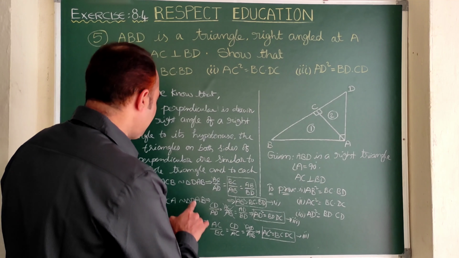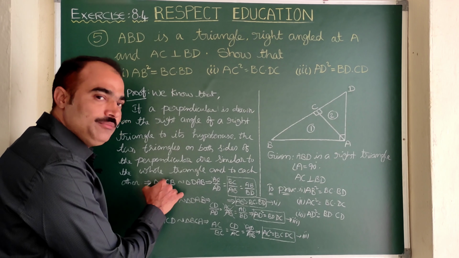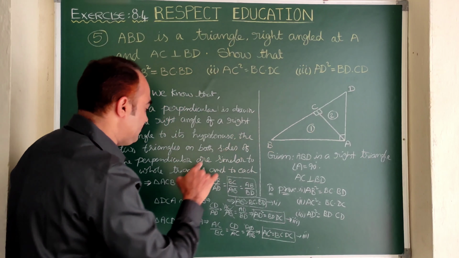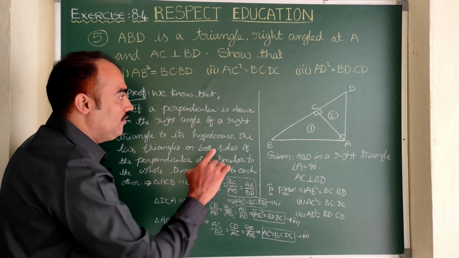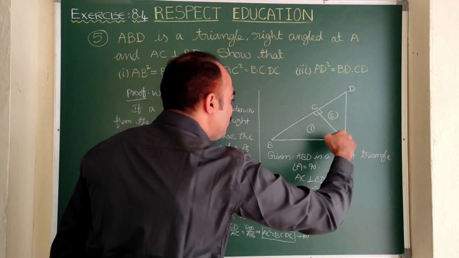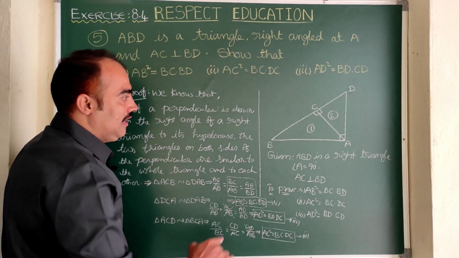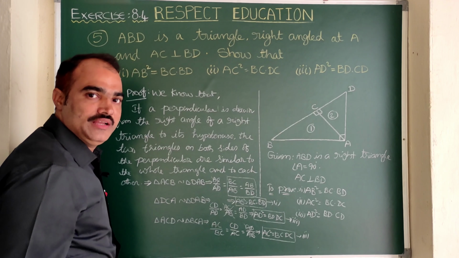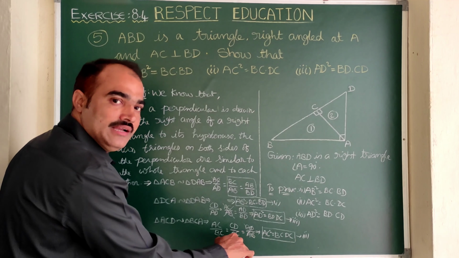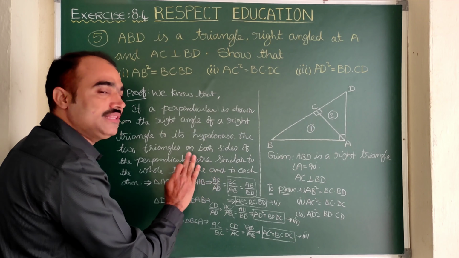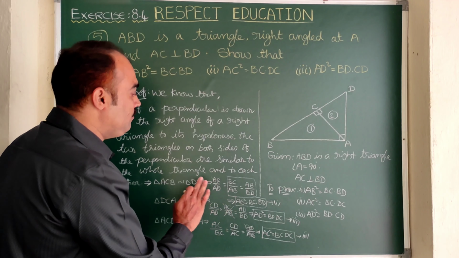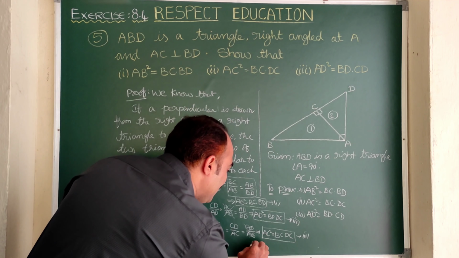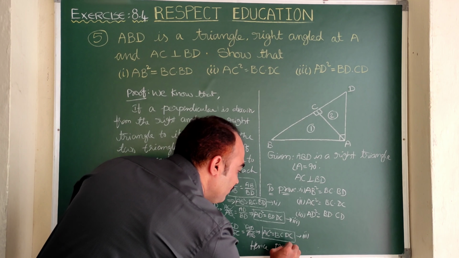So here observe carefully, ACB and DAB, first triangle to the whole triangle, when they are similar, we got this answer. When second triangle is similar to the whole triangle, we got the second one. And when these two triangles are similar to each other, we got the third one also. That means here, in this way, just by writing the statement without having any mistakes, we can get the answer directly. So here we can write hence proved.